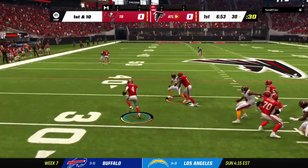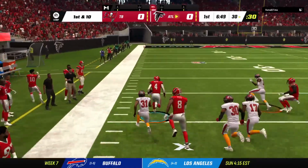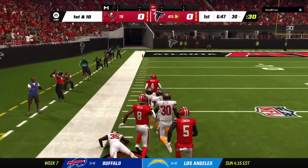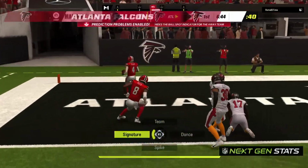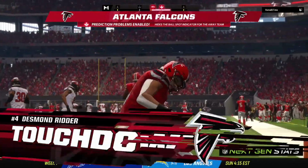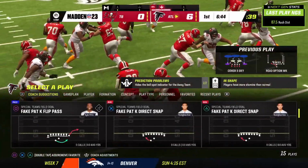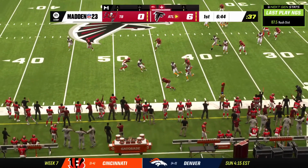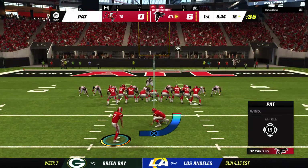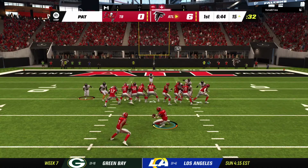They'll start with the option. And he'll take it into the end zone. Touchdown. Defensively, they told us that the top priority was defending option plays this week. But here on the very first drive, the defense broke down a bit. It certainly did, and it's really not a surprise because defending option...